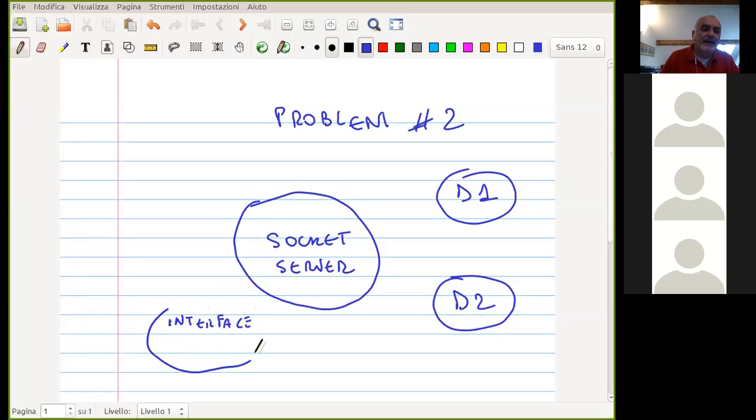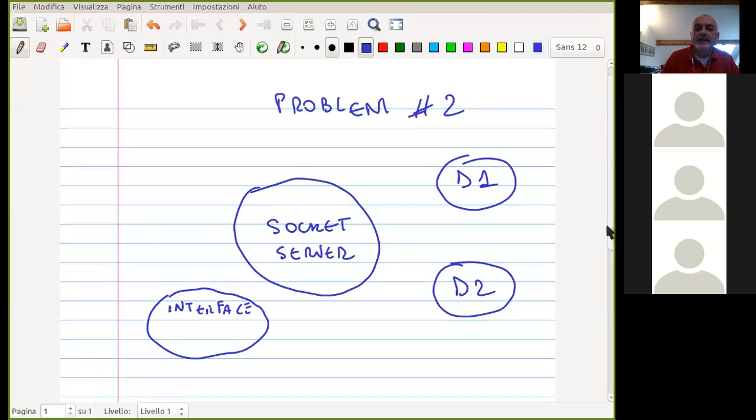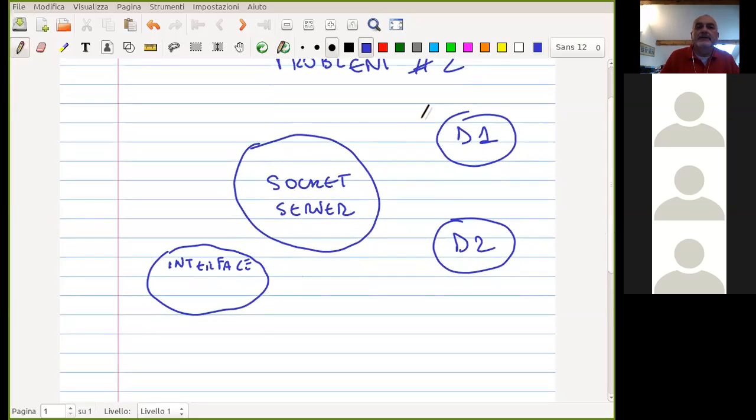A process that interfaces the user, so the user, always happy, well, with a strange user, communicates with the interface. Interface, so in this case,